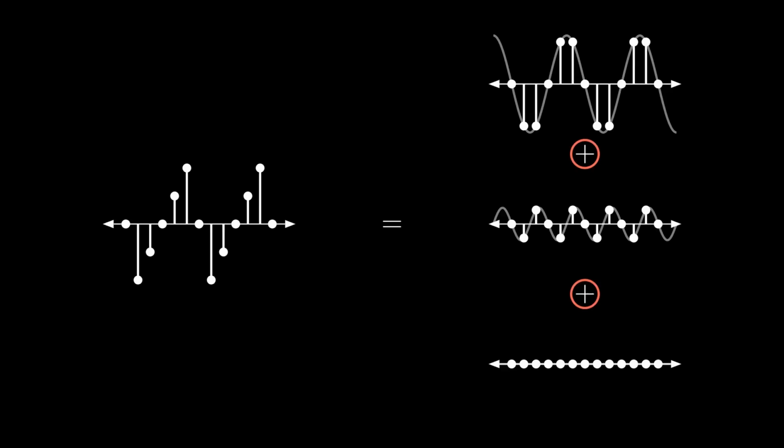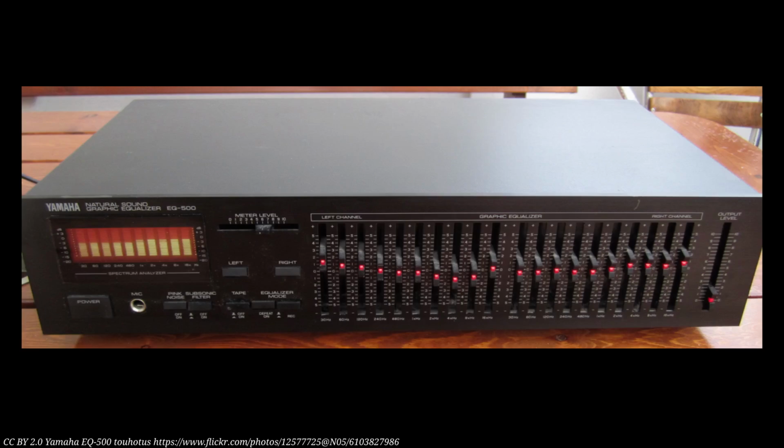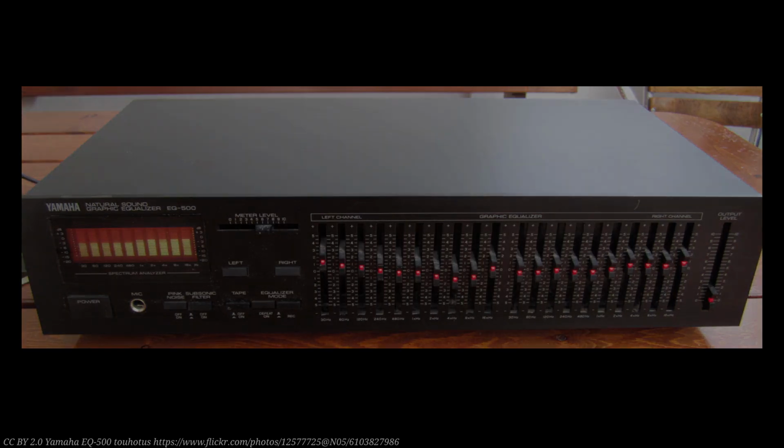The breakdown of pure tones that make up a specific signal is called its frequency spectrum, and each pure tone is called a frequency component of the spectrum. Understanding how a filter affects the frequency spectrum of the input signal enables us to design equalization filters. You may have seen these types of filters on old audio equipment. These types of filters selectively boost or suppress the bass, mids, or treble ranges of the frequency spectrum.